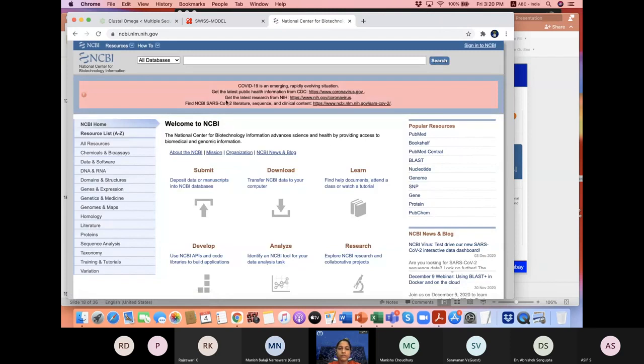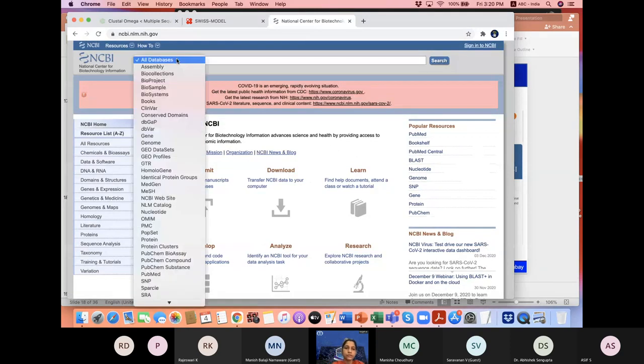This has all the information, and all the databases are updated here on a regular basis. Suppose I have identified a novel protein and sequenced it. I can deposit the protein sequence in NCBI, and also the gene sequence. These get updated on a regular basis.